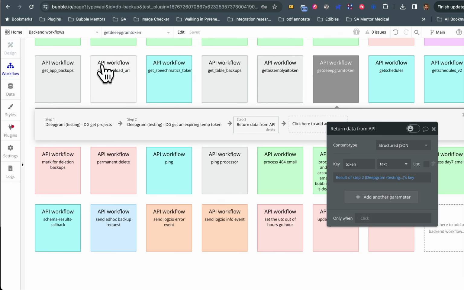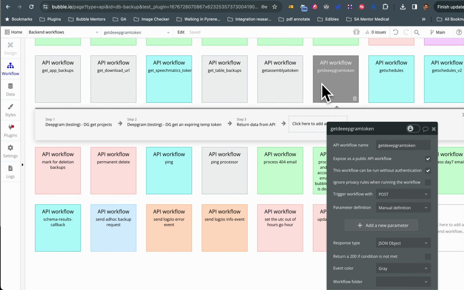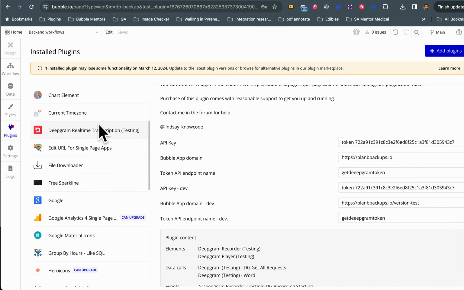In order to set up the backend workflows for your Deepgram plugin, so that the plugin can go and get a temporary token, so you don't expose your private token in the UI, you create a backend workflow like this. But the first thing that you set up is in Deepgram, you need your token, and you need to put token in front, and then you need to put in the name of your